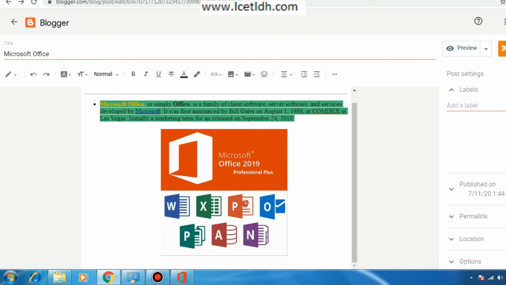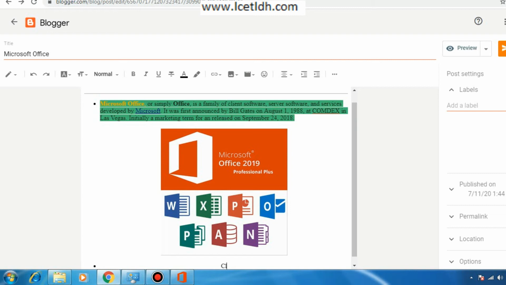Now moving on to the next option, let's say I want to add a hyperlink to my particular blog. How can I do that? Before knowing how to add a particular link, I want to know what a hyperlink actually is. A hyperlink is basically a text; whenever you click onto that text, a link that is associated with that particular text will open.